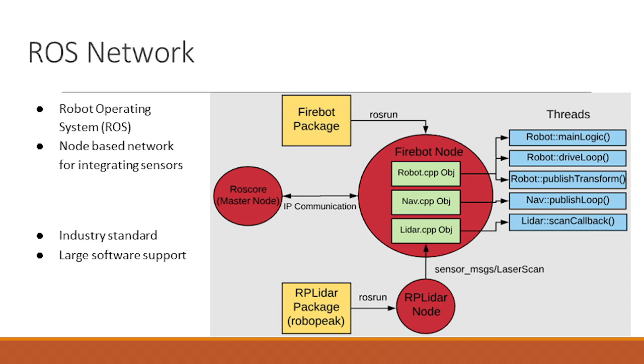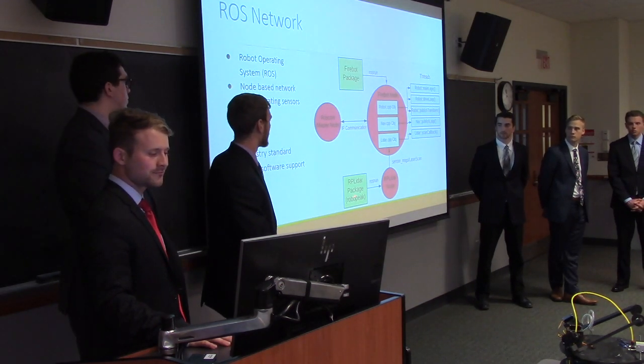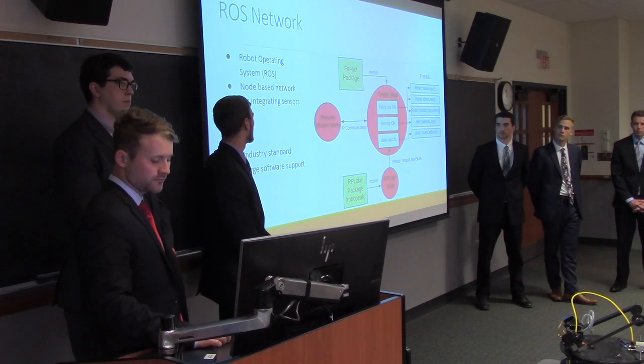Here we have just a node that's pulling in our sensor data and doing all the math to calculate the points around it. And that's coming from a software package provided by the manufacturer of the LiDAR. There's a core node which handles communication between other nodes. And we built our own